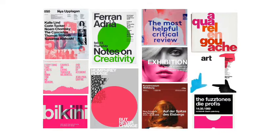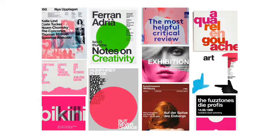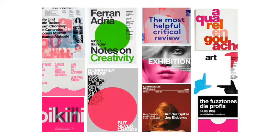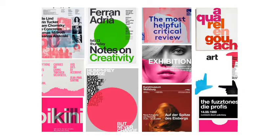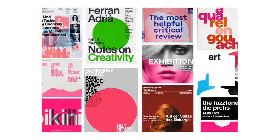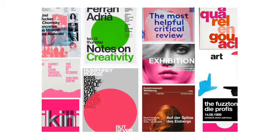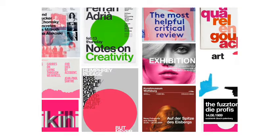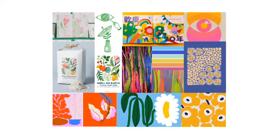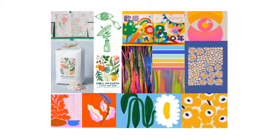I think to complement the palette that I want to use, I'm also looking at heavy block, loud, bold bits and pieces. So, including the typography, I thought that a sans serif, heavier weight, going for like a Helvetica. So, I've chosen a Newhouse Grotesque. And my illustration inspiration, with more of a hand drawn, creative